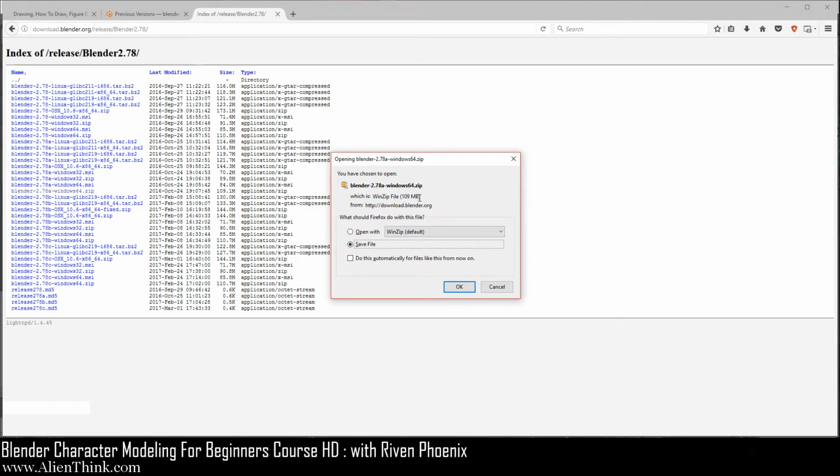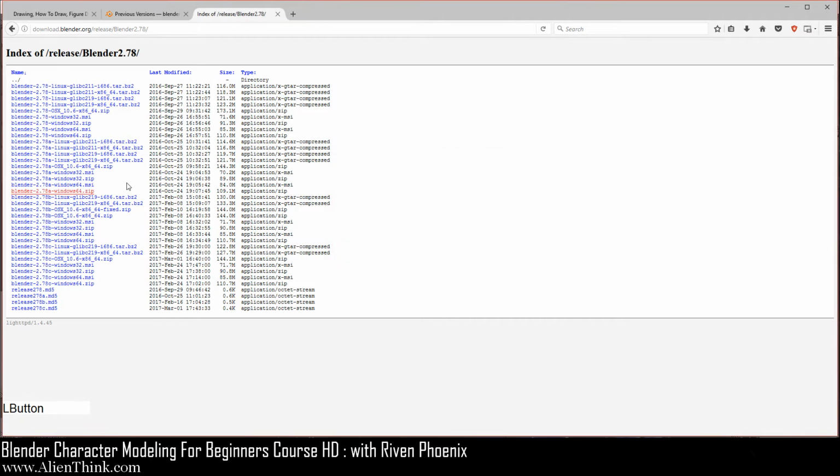You should know where this is saving, right? On a Windows machine, by default, it goes into the downloads folder. I'm going to cancel this because I've already downloaded it. Now let me just point this out. And remember, on a 64-bit machine, you can run the 32-bit version too. But obviously, if you're on a 64-bit machine, you want to run the 64-bit version because it will work much better. And here are the .msi files.